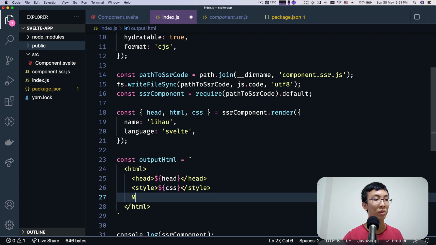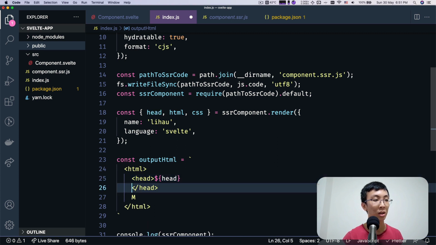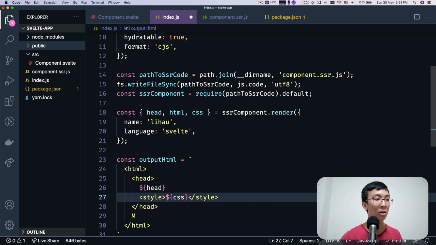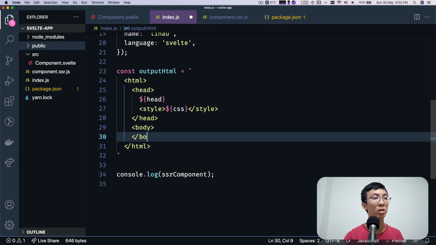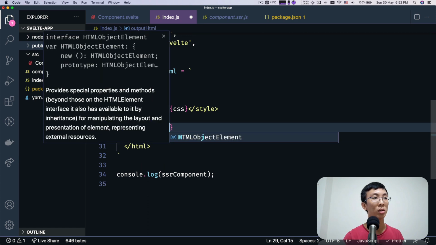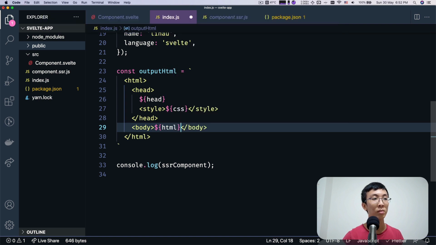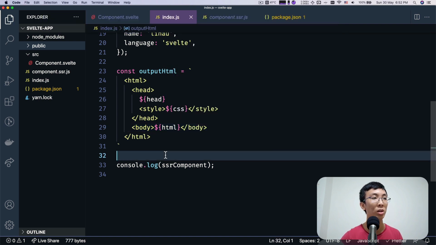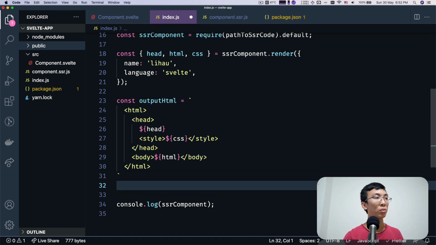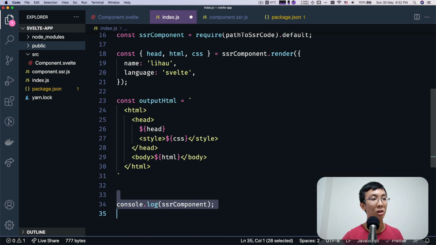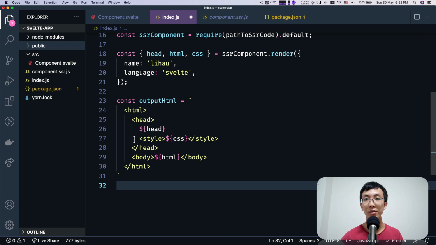Okay, I think the style tag should be placed inside the head. Nicely formatted. And then we have our body, and that's where we will put in our HTML content. So here we have our output HTML that looks like this, and we're gonna write this HTML output to a file inside the public folder.